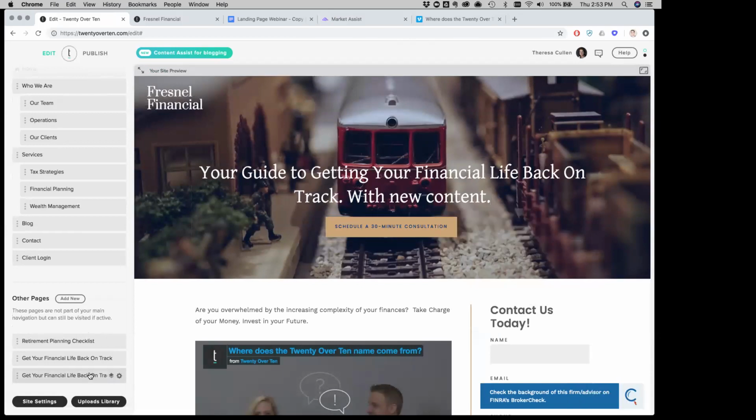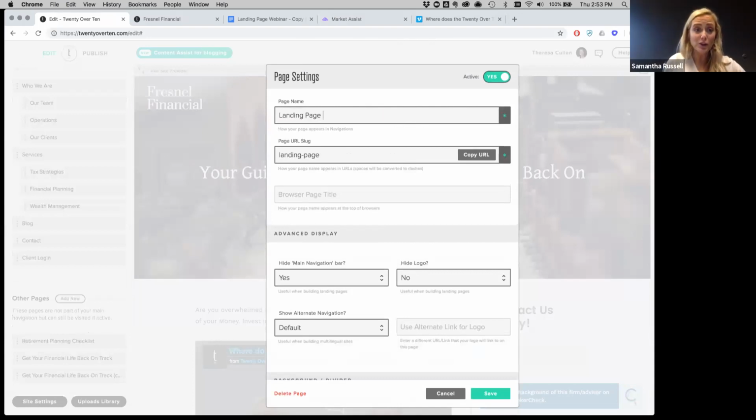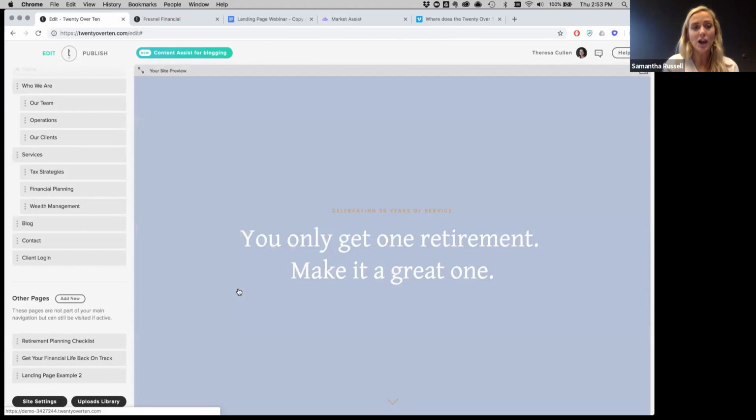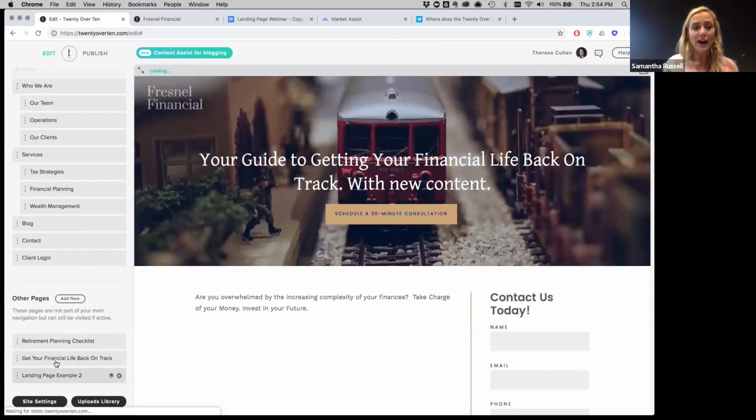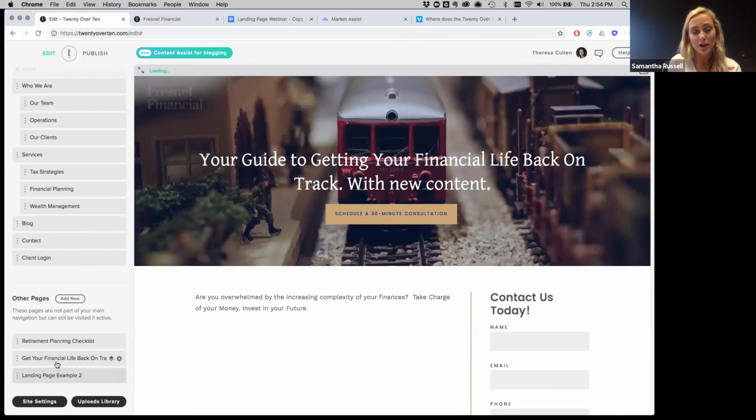So you can go in, and you'll want to make changes again within the page settings and to any content that's necessary here. We do by default label it a copy. Yeah, so this would be great, right? If you had 5 different niche groups you were going to serve and you wanted to create a landing page for each, you could create that first landing page and then just go back and edit out the copy and the imagery, but keep the bones of the structure for all the subsequent pages.